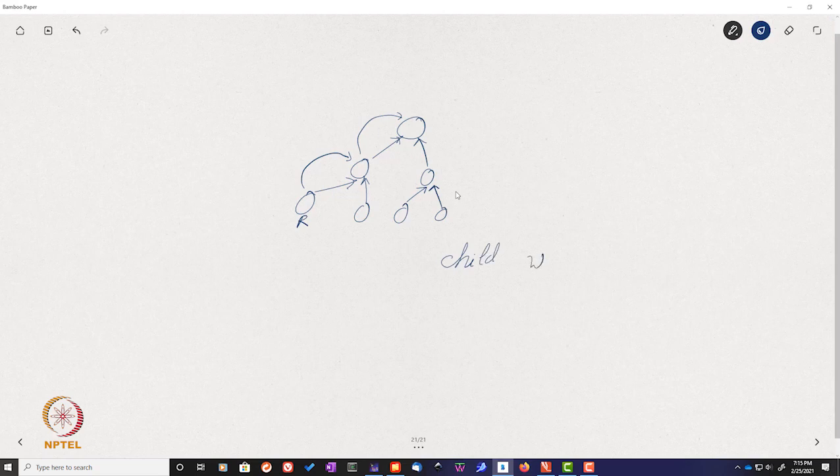Let me go to our paper over here. So pretty much what is happening is, let's say this node is a requester, it is waiting on this node, and then this node is waiting on this node, but it is clearly not possible. So always, as you can see, these waits are going along these parent edges. So a child always waits for its parent, but a parent never waits for its child. So let's say that the child always waits